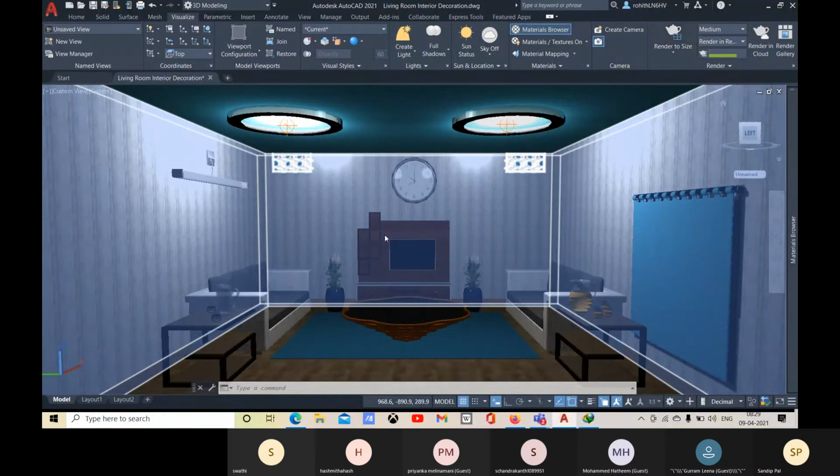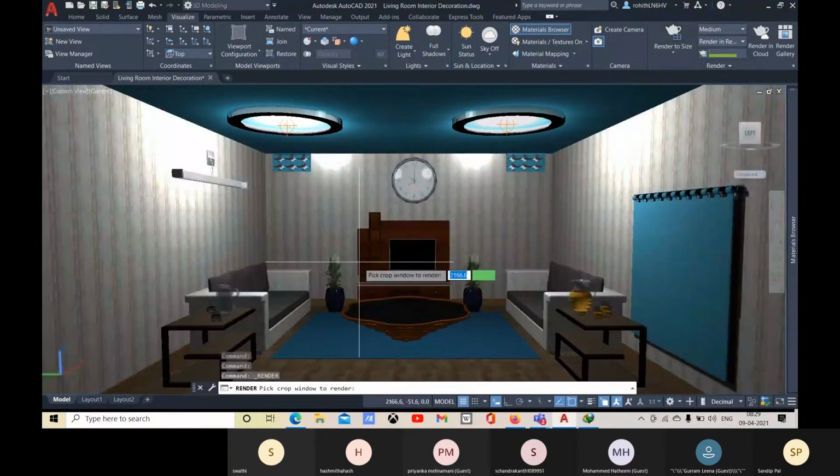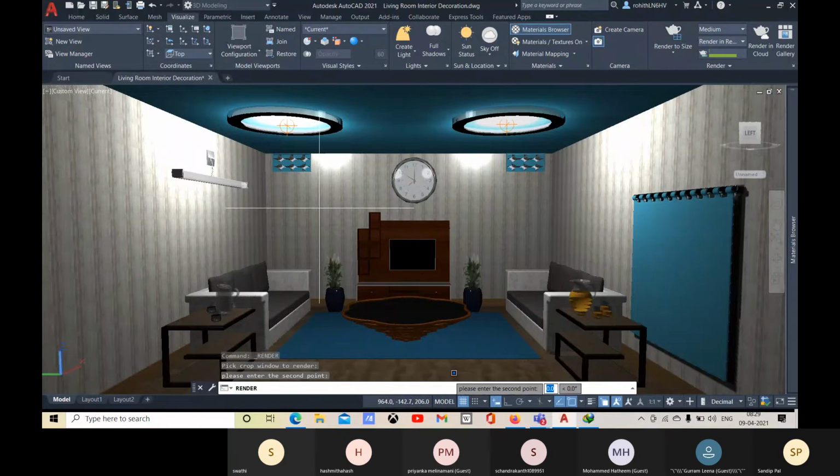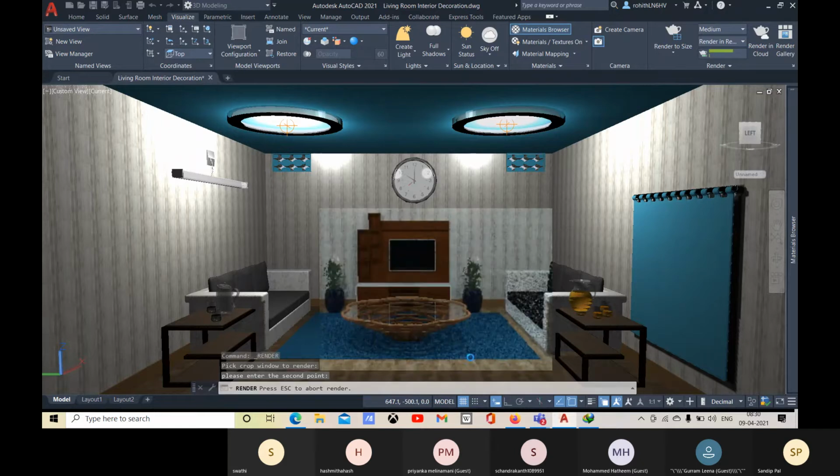Now if you go for this render option, it will ask you for creating one region. Just a second, my system is lagging. So it will render only for this area. Can you see in the screen? Right, only for this area it is rendered.